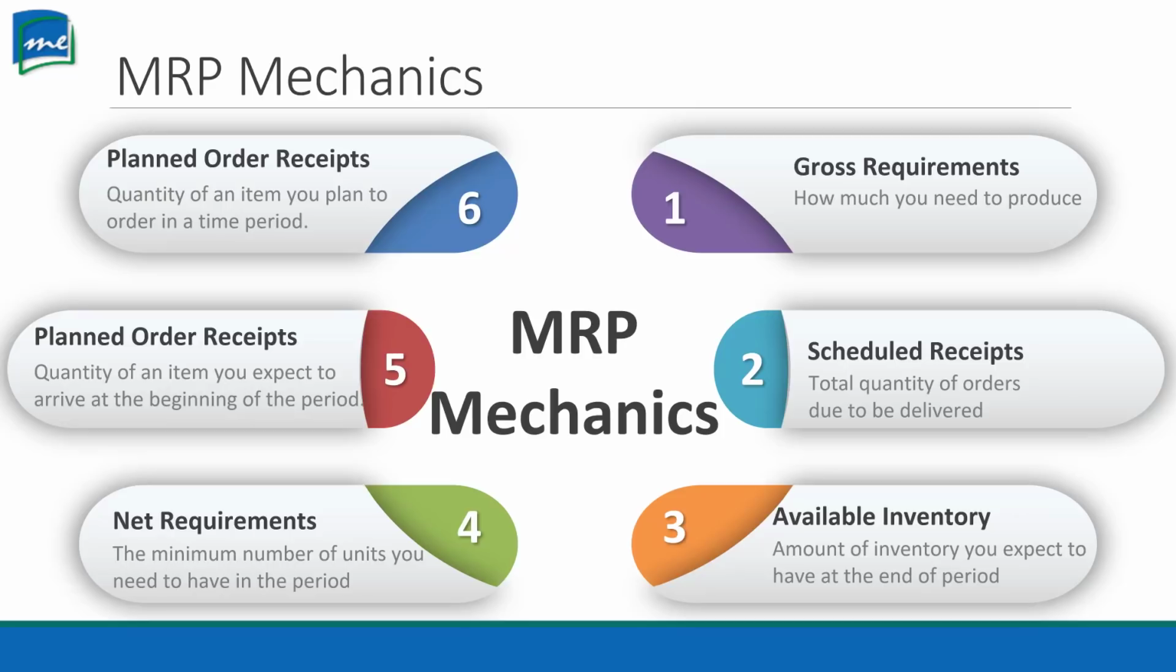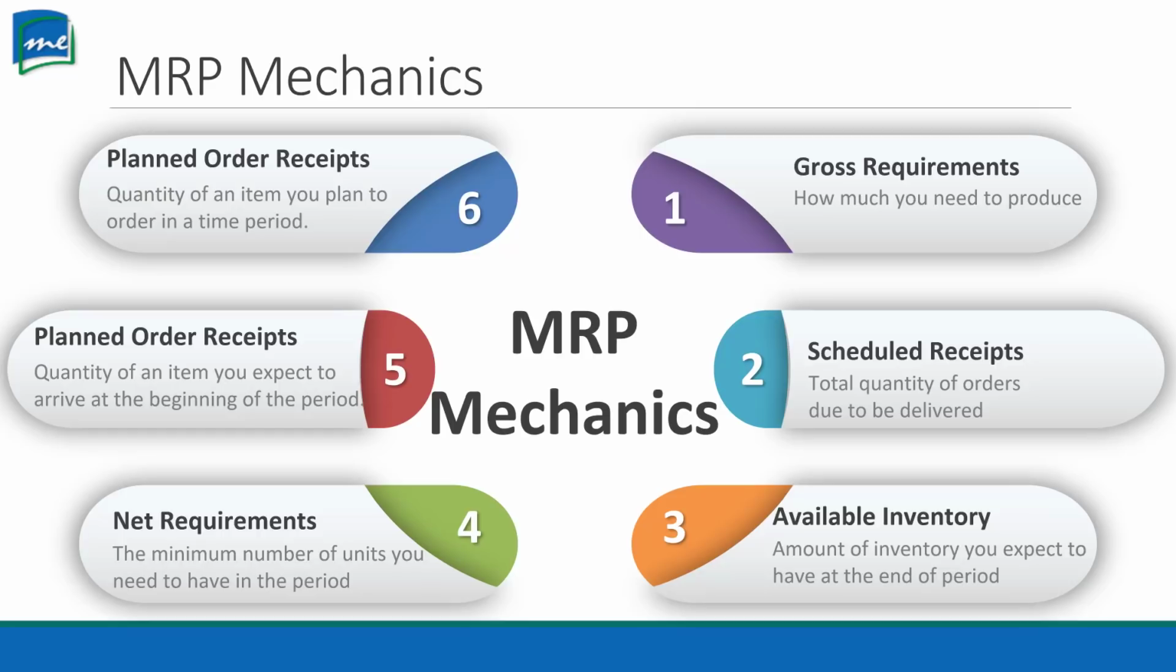So we need to know our gross requirements. We need to know how much we need to purchase. Are we going to purchase one, or are we producing 500? So this whole process, the schedule, is going to help us figure this out. Our scheduled receipts. Now, we might have already done this once and already have some on order that are being delivered. So we need to factor that in to our